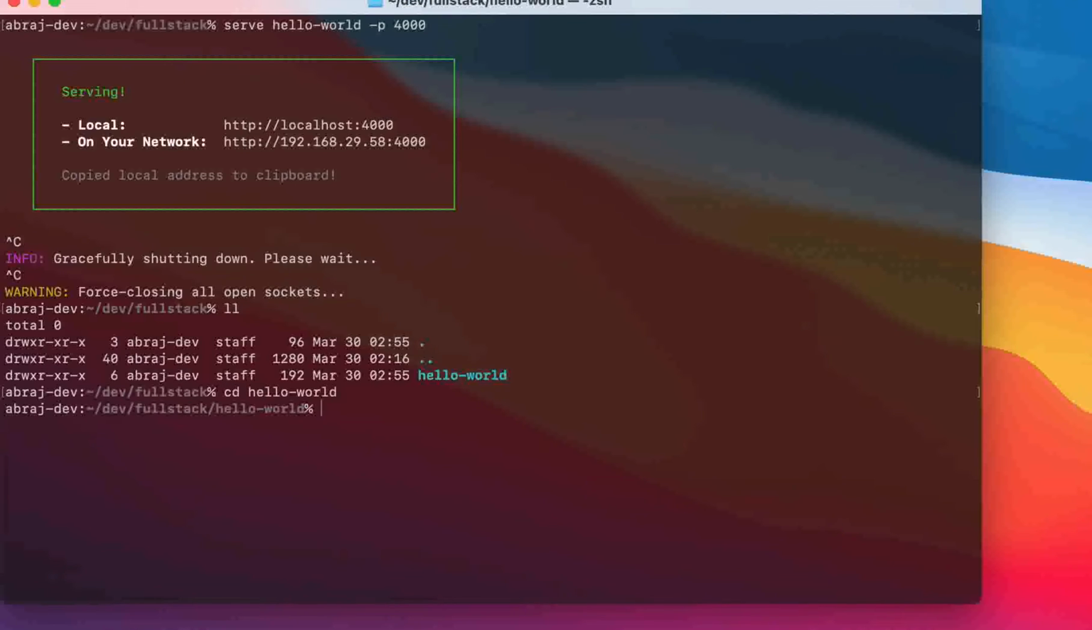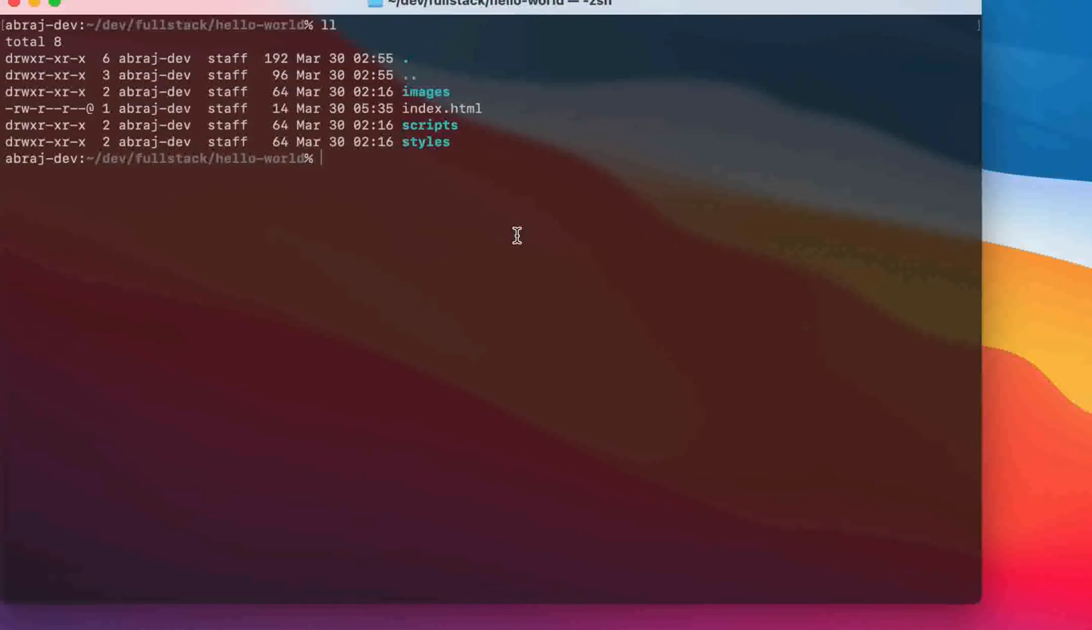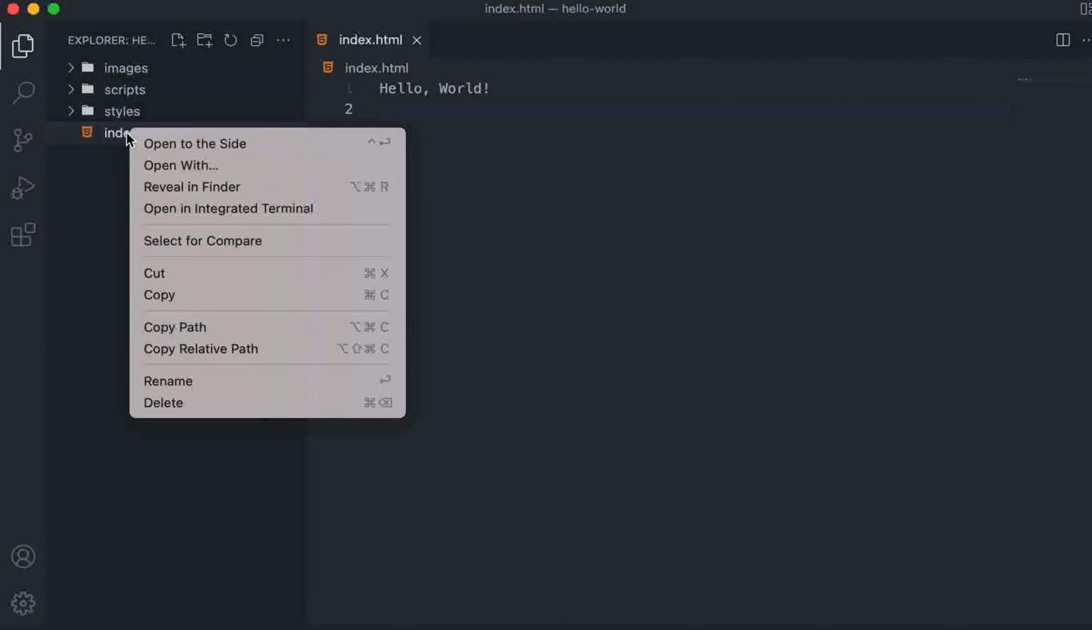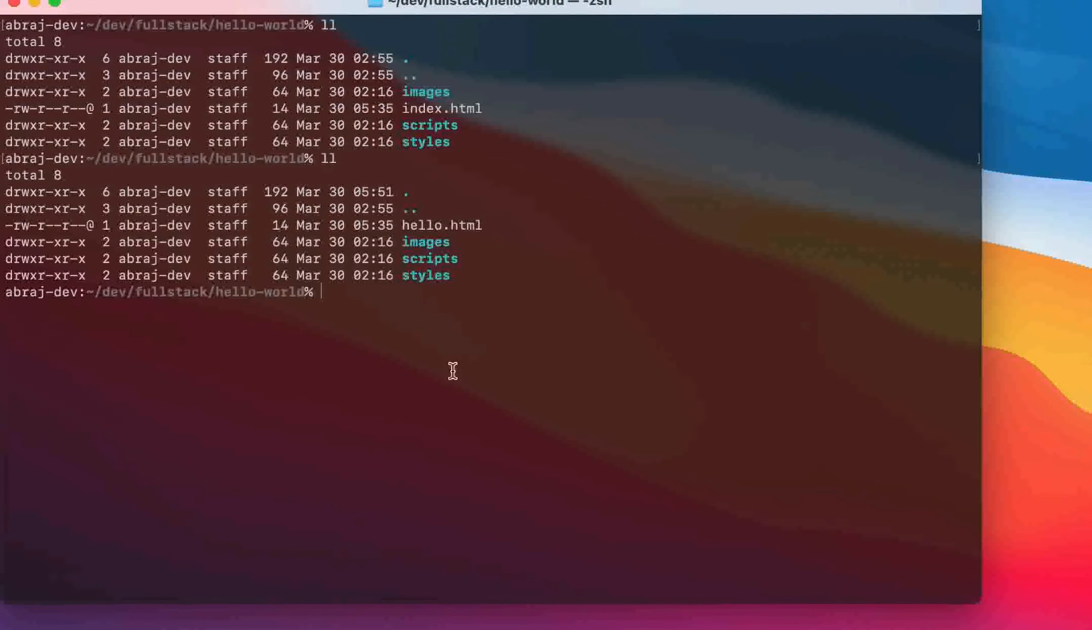world. These are the files. What if, as I mentioned earlier, index.html is a special file which is served at root? Let's try to change that file name and see what happens. So let's say I rename index.html to something like hello.html. Now I see that this hello.html is there, but when I start it, let's say